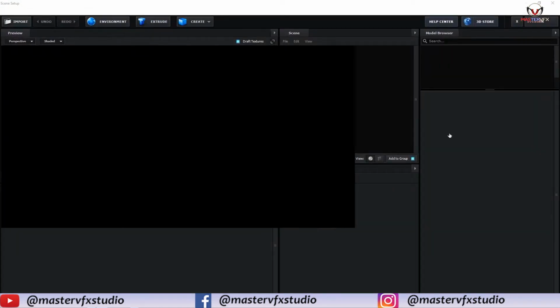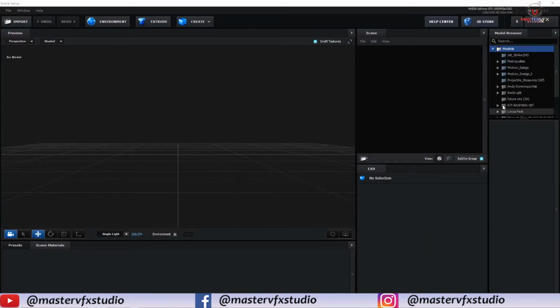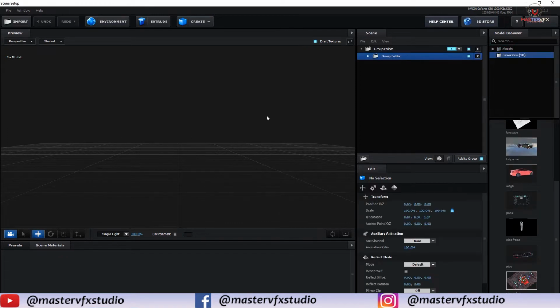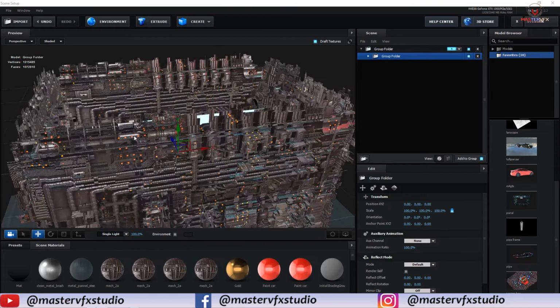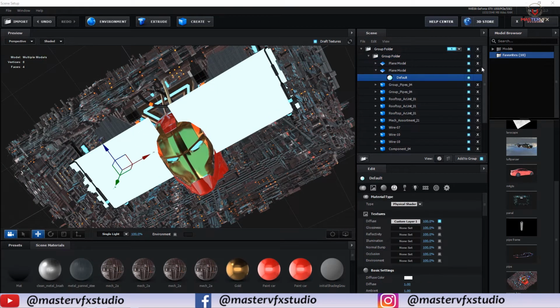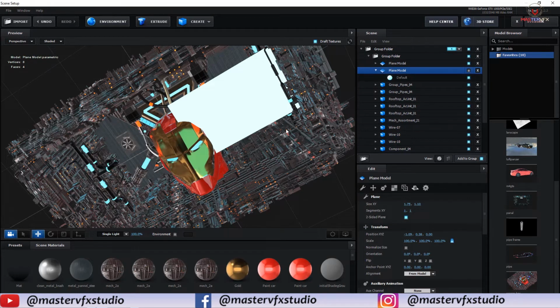So guys, now we are in Element. So just firstly import the model. Okay, first disable this plane. Okay,